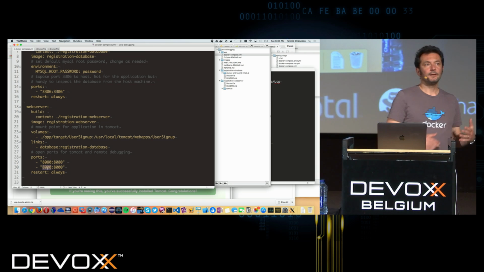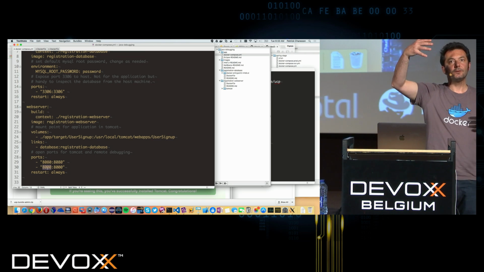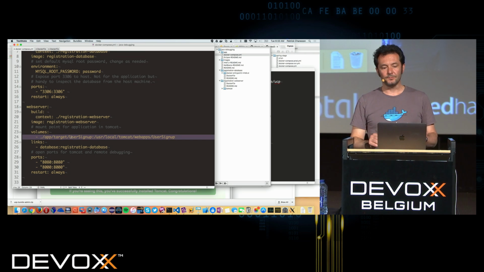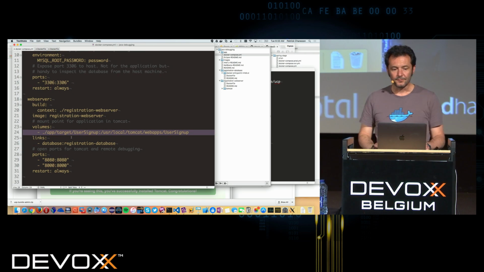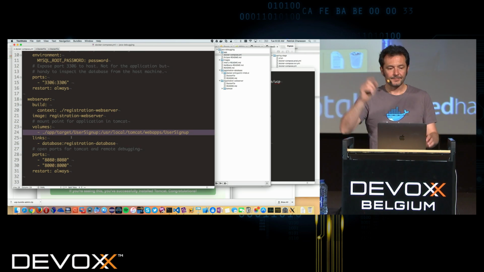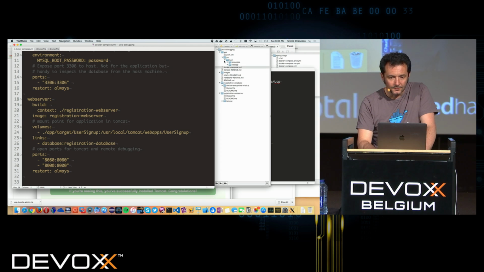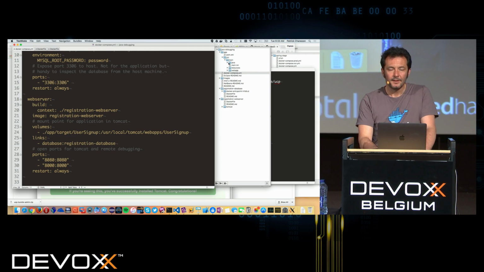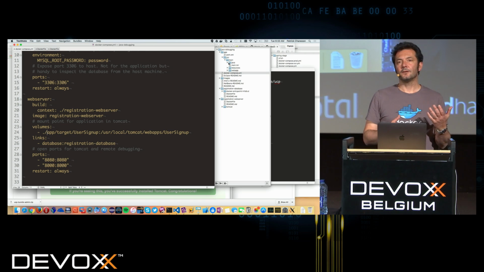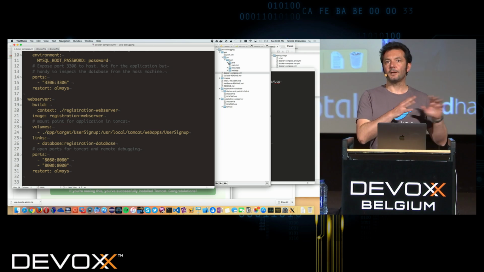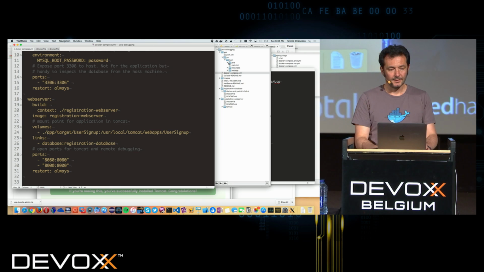So what that will do is start Tomcat. It's going to serve, and the most important aspect is the volume here. If you're looking at the volume definition, you have ./app/target/usersignup. So let's go in app. App is where I do my code. When I create a project in Eclipse for that code and compile it, it's going to compile all the class files in target.